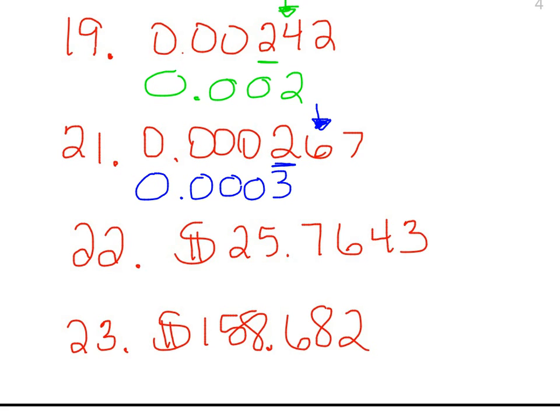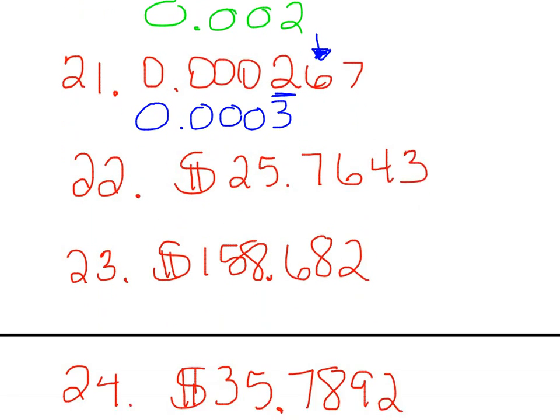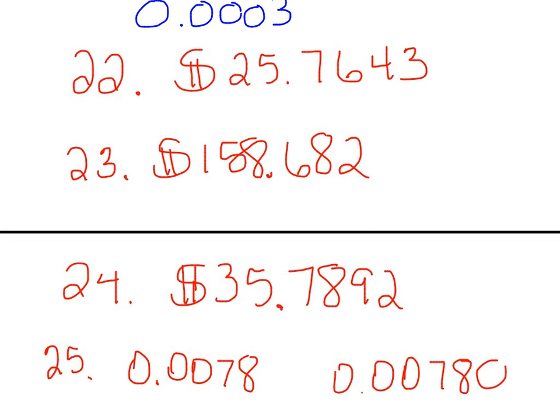In the next section, we're rounding to the nearest cent. So again, we look at the cent, which is always the second place after the decimal. Always. So we look at the next number after that. The 4 would make this 6 stay the same, so we would have $25.76, and that is proper money. On number 23, the 8 is in the cents place, so we look at the 2. The 2 would make the 8 stay the same, so we'd have